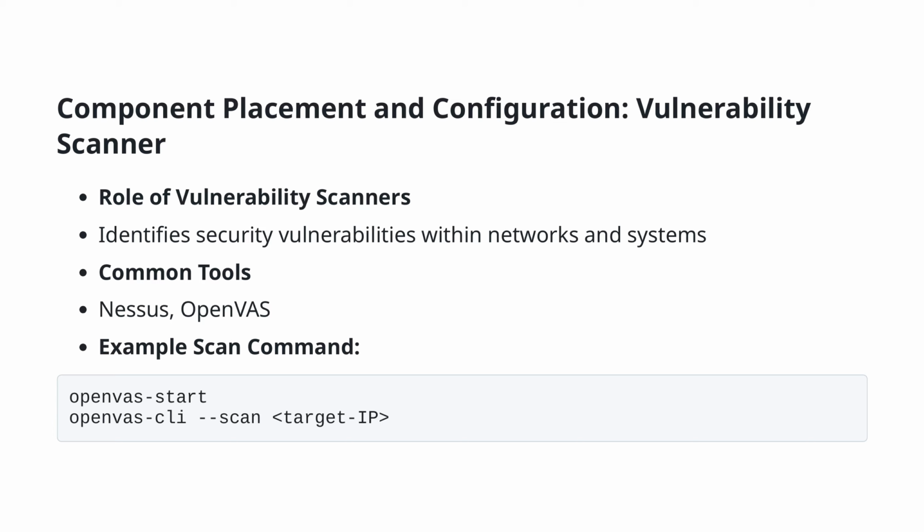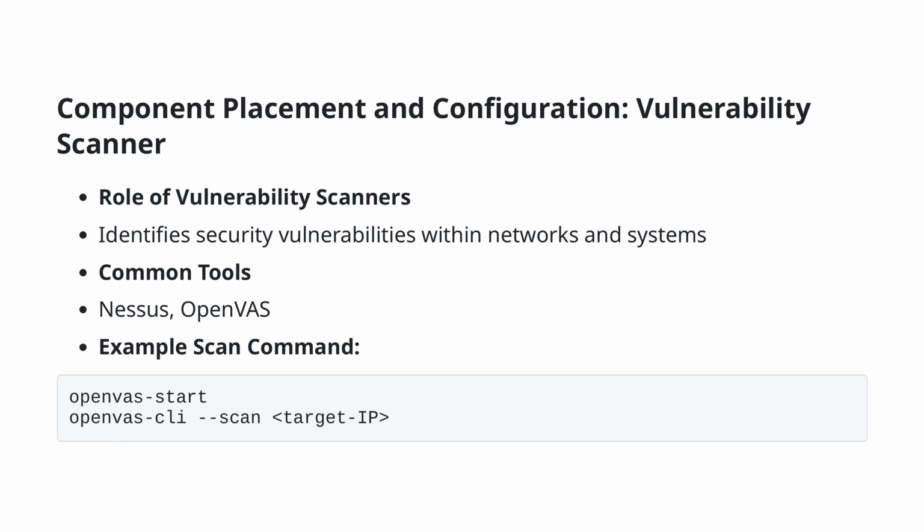Two widely used tools for vulnerability scanning are Nessus and OpenVAS. These tools are known for their comprehensive scanning abilities and ease of use. For instance, to initiate a scan using OpenVAS, you would use the command openvas-start to start the service, followed by openvas-cli scan <target IP>, to begin the scanning process on the specified target. Remember, employing these tools regularly ensures that your network and systems are continually assessed for new vulnerabilities, maintaining a robust